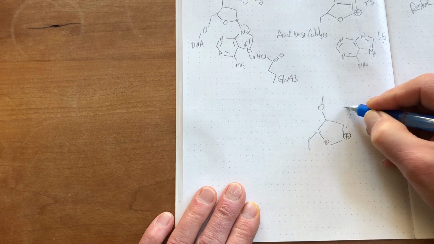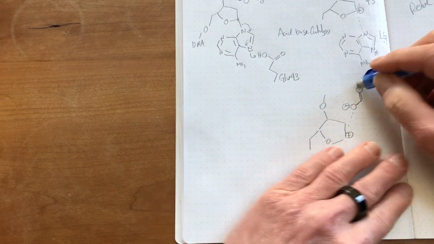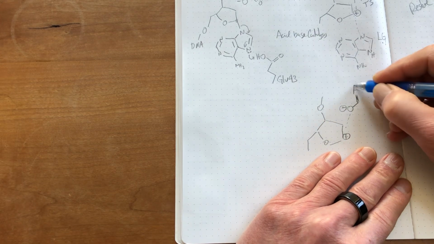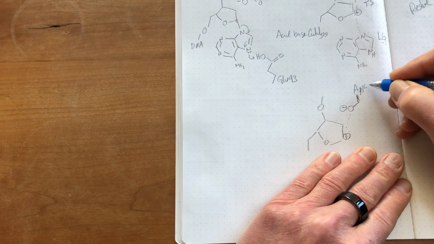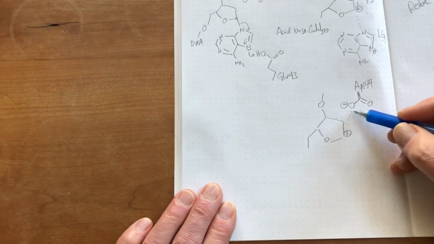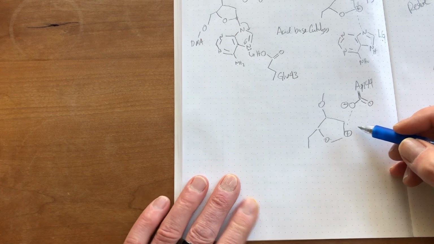Now we have a little bit more room to really clearly picture aspartate 144 favorably interacting with the positively charged carbocation, and then